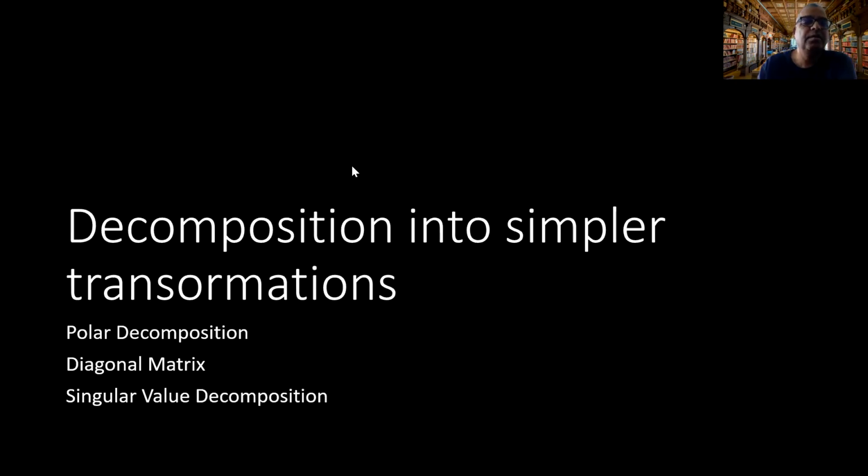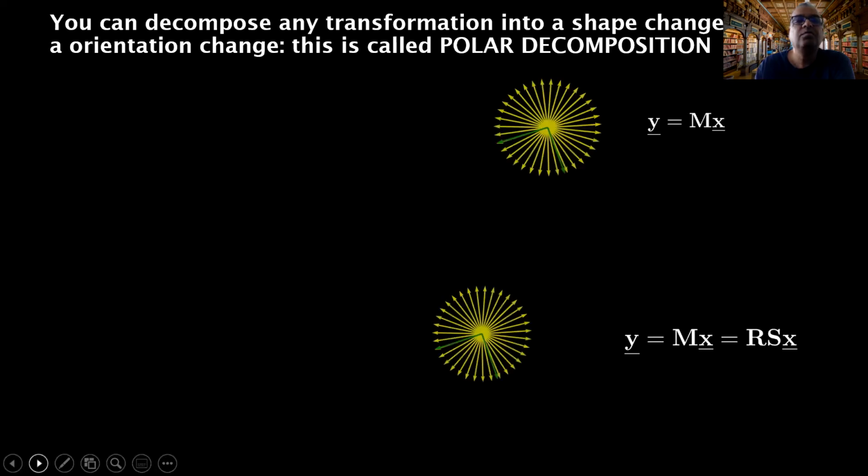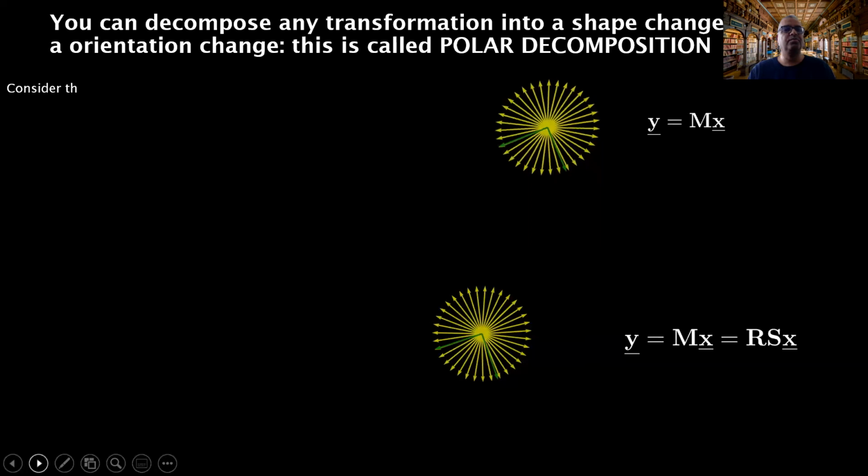Okay, so first up is polar decomposition. Remember, last class, we talked about the fact that there were two kinds of things. One is pure rotation, the other one is stretch. Turns out that if you take any transformation, you can break it up into a pure stretch and a rotation. How you can do it is not what I'm talking about, but you should be able to intuitively understand that it's possible to do.